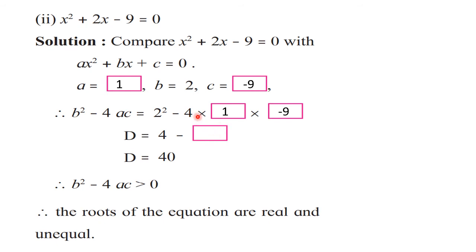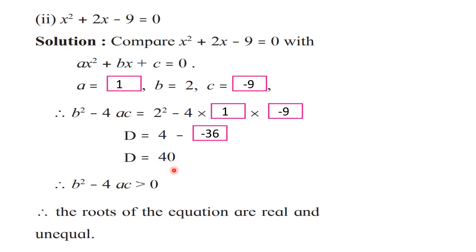So see here, 4 into 1 into minus 9. You are going to get minus 36 here. In a hurry, don't write plus 36. See, this minus sign is by default from the formula and the answer of this multiplication is minus 36. So now this minus 36 and this minus outside will give us plus 36. Plus 36 plus 4, the answer is 40. Got the correct answer?